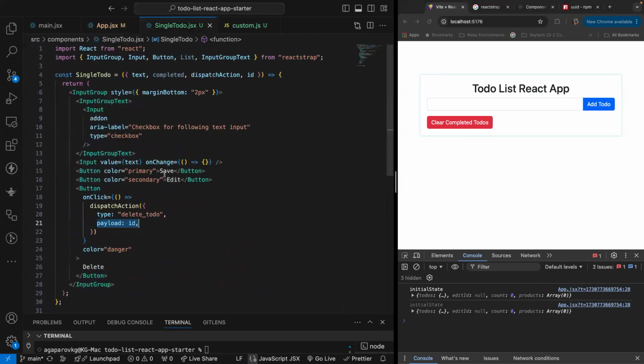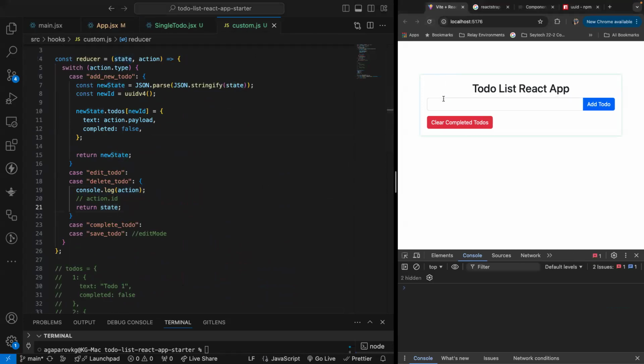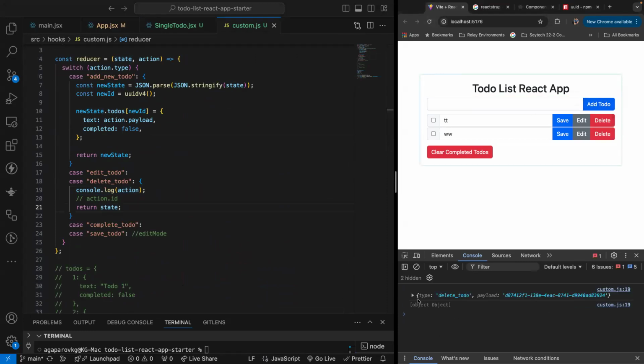Cool. Let me go back. Where am I going back? Right here. Console log action and just return the state, the previous state, as the updated state. That's it. We're just not doing anything else. Yes. Delete. As you guys can see right here, the type is delete to do, and the